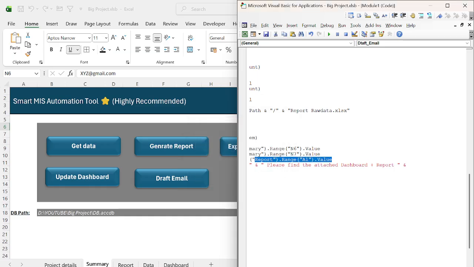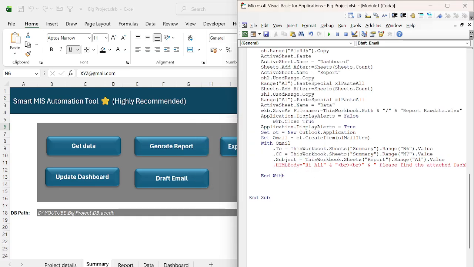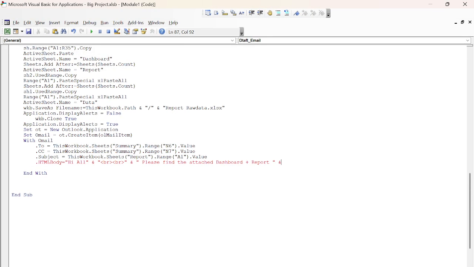For that what we can do, just copy this line, and paste it here. Okay, and then we are